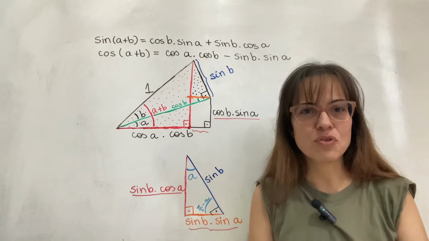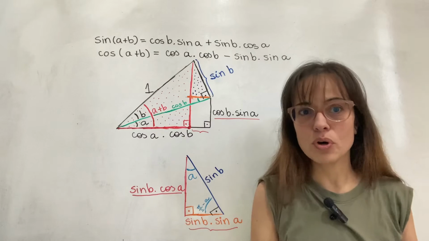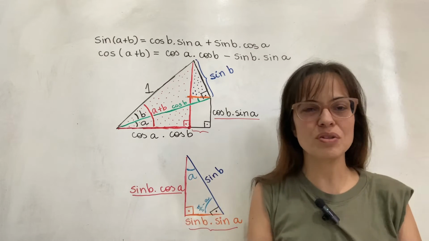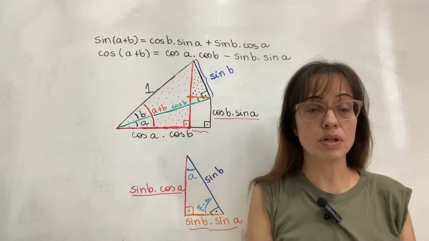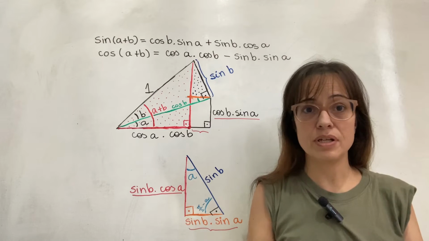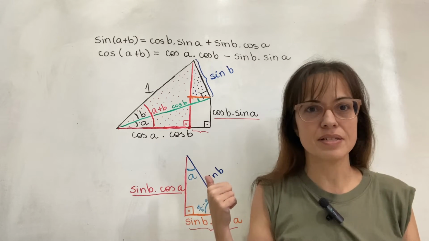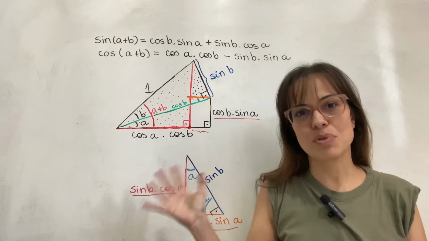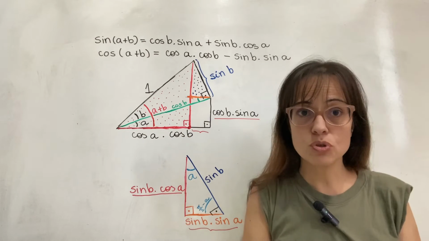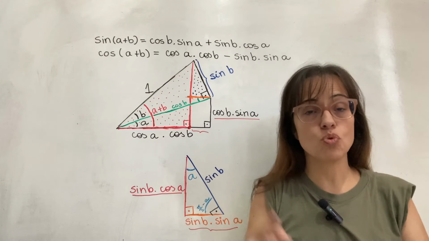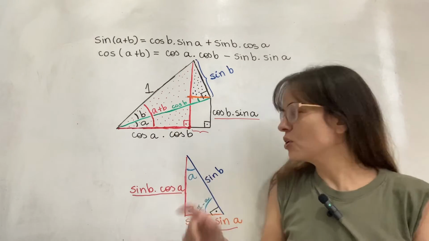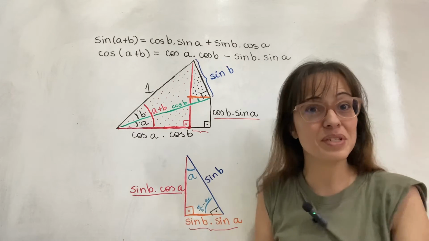By the way, this is one of those things that I don't really understand about the choices of content to be in SL or HL. It's not like you really have to demonstrate the formulas, especially in an SL class. But the demonstration of the double angle formula is not easier than this. It's the exact same thing as this, only instead of A and B, you just have A. But you still have to do the same pictures and you still have to draw all the same auxiliary segments